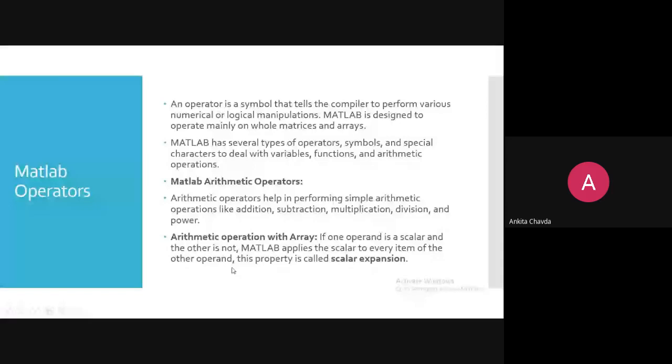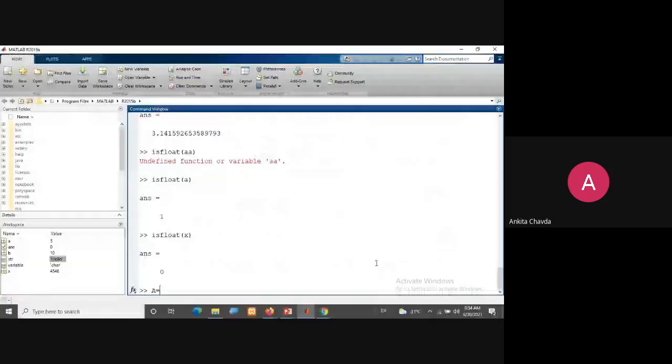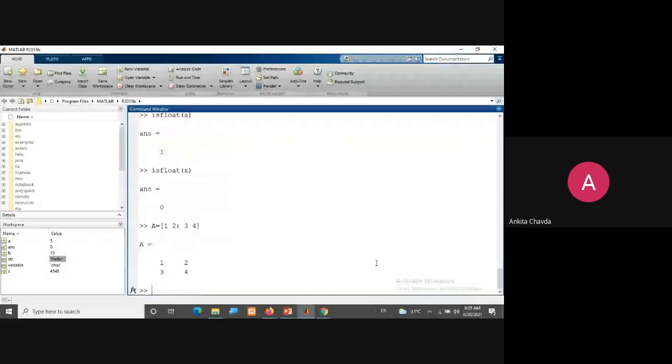Suppose I'm showing you this is your A. How I create the array and all, that is not the discussion of this lecture. That we will learn in our very next lecture. So if I write here A equals 1, 2, 3, 4, this is my matrix A. And if I add my matrix with some scalar value, scalar means a single value, what it will do is add this 5 to each and every element.